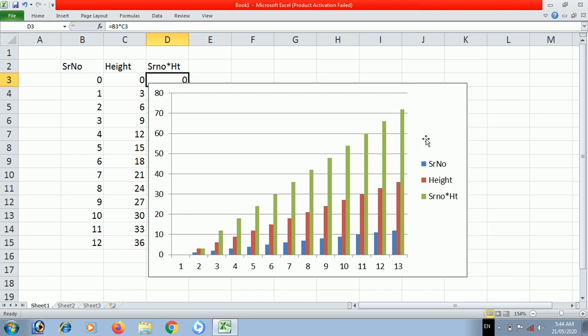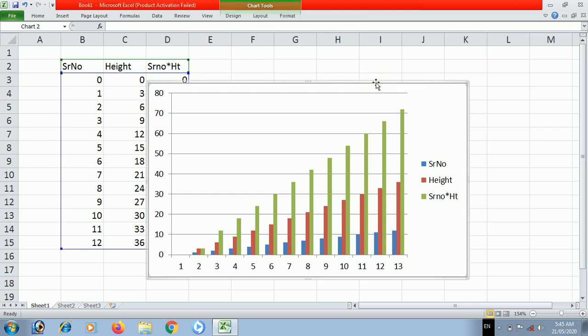The legend is automatic here. We don't have any freedom to change that legend easily. At least I don't know how to change the legend. But here we didn't get any label on the axis, and it's very bad practice not to label the axis. And to label the axis, we need to select the